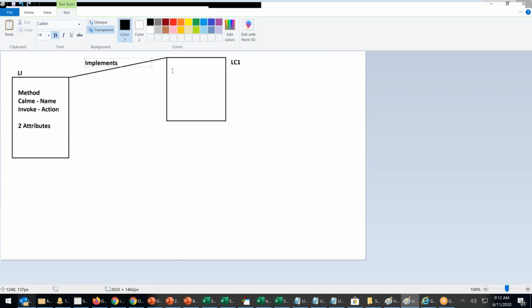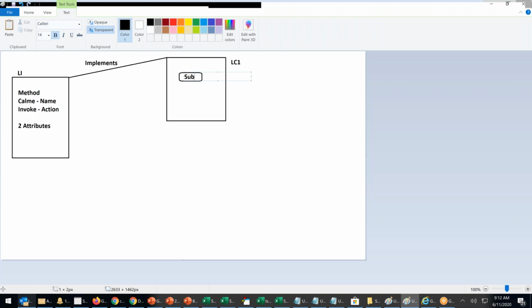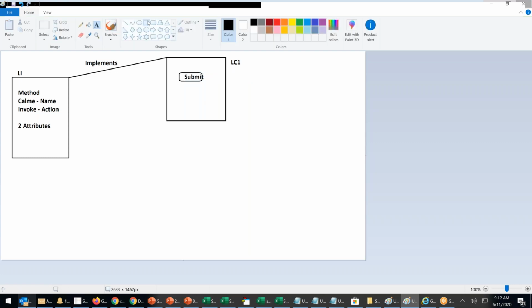Now, here I just put a submit button. Whenever I'm clicking submit, I have written a controller.